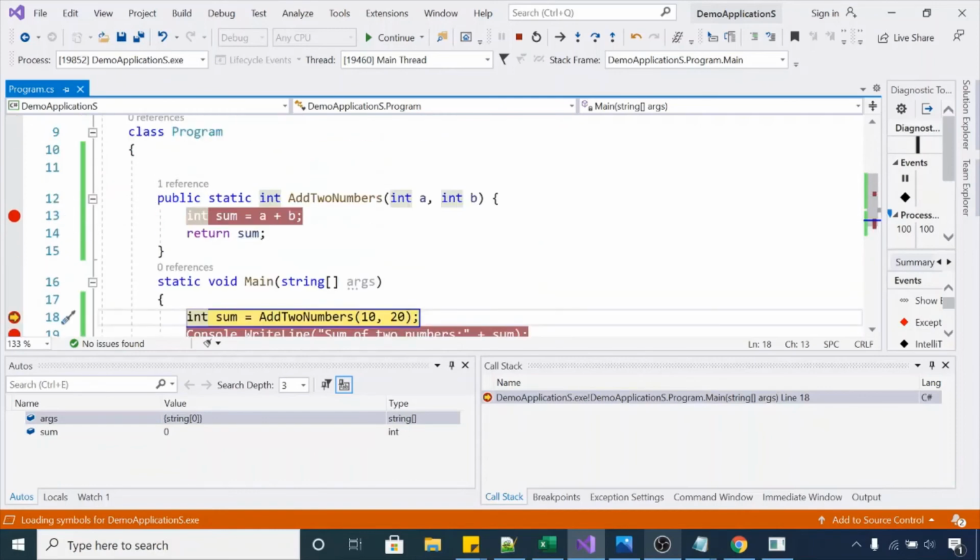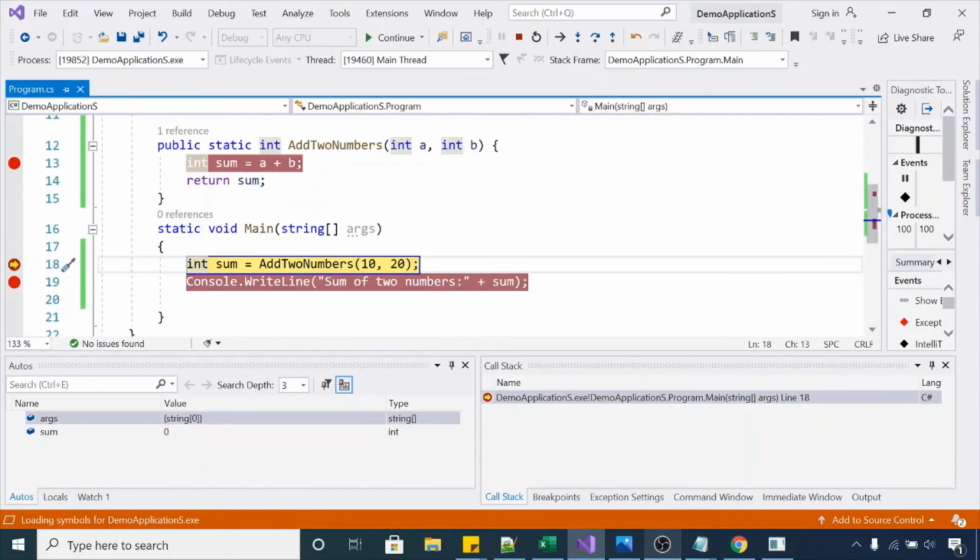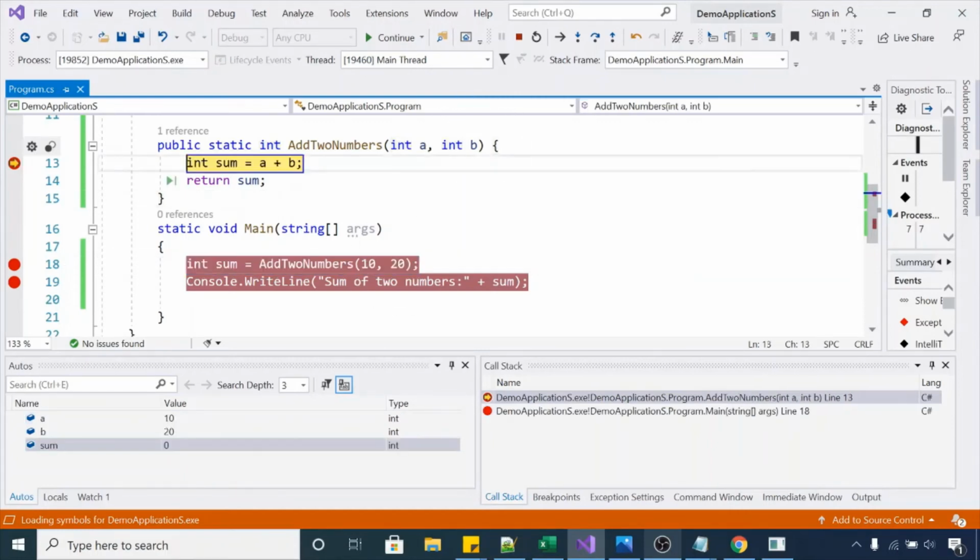From here we are passing the value 10 to variable A and 20 to variable B. Let me press F5. Now you can see the values of A and B using mouse over. The value of A is 10 and the value of B is 20. By default it will return the sum of A plus B, which is 30.